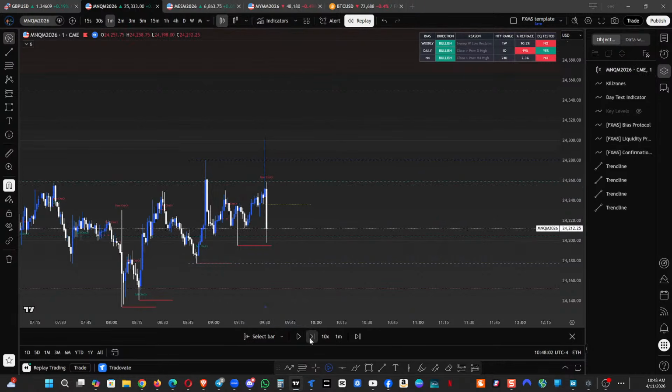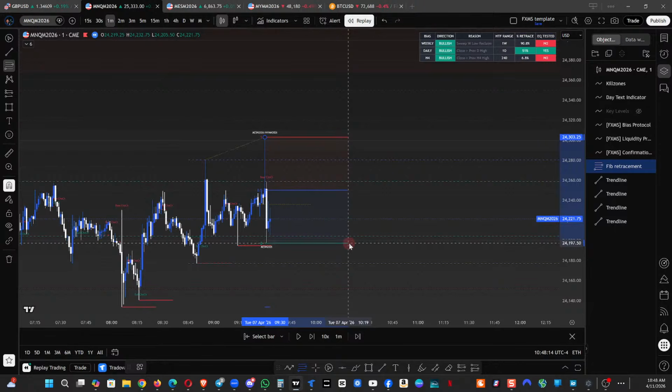And now we just have to wait for price to retrace, okay? Which we get a little retracement right there. Let's see if it follows through on that. Okay, so there we go. So we have a 3-bar swing. We've got a retracement. So now I can mark my range, high to low. We also have,